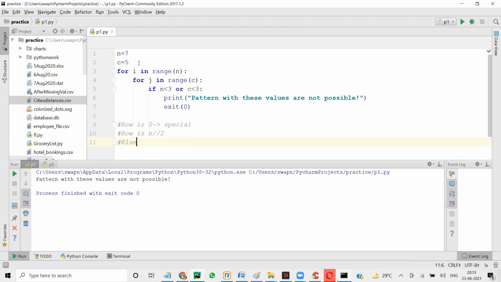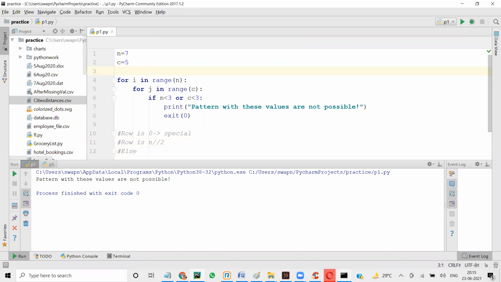So here I define a string value. I'm going to say result_str and put this as blank, and in this string I'm going to add our values.